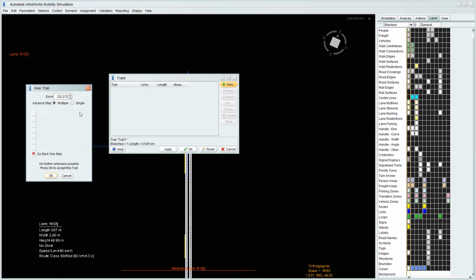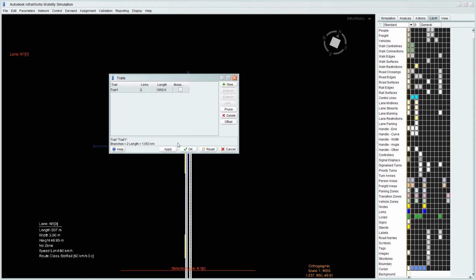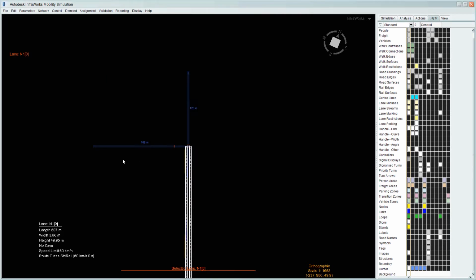Now this dialog box here is for situations where you would have multiple options in terms of whether you want to turn left, turn right, different ways of branching, and they are generally color coded in here, and then you can choose which one based on the color that's highlighted in the window. Now for us, we only have one option, which is straight on, so nothing's shown here. We just need to accept that and apply, and that's fine.